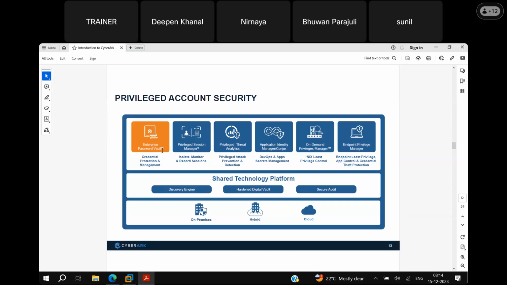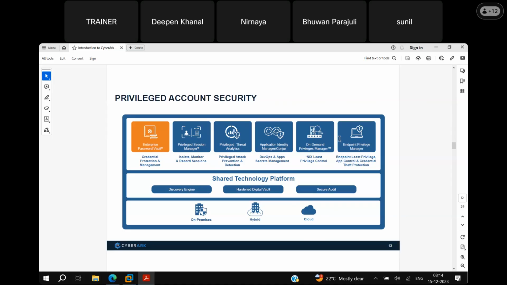And PSM, privileged session manager. PSM stands for privileged session manager. This component helps customers monitor and record the sessions. And PTA, privileged threat analytics. This product helps detect and prevent suspicious activities on privileged accounts.